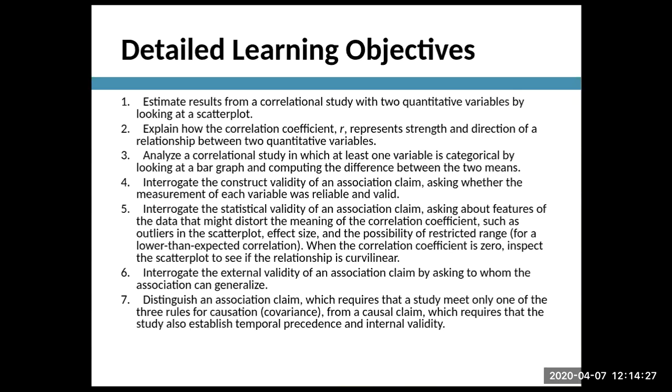We will also analyze a correlational study in which at least one variable is categorical. So we do have two measured variables. Normally they're continuous variables, but we can still look at a correlation where one of the variables is categorical, one or the other, right? It's sort of a forced choice, if we were to use terminology from chapter 6. In that case, we would not see a scatter plot. What we would see is a bar graph.